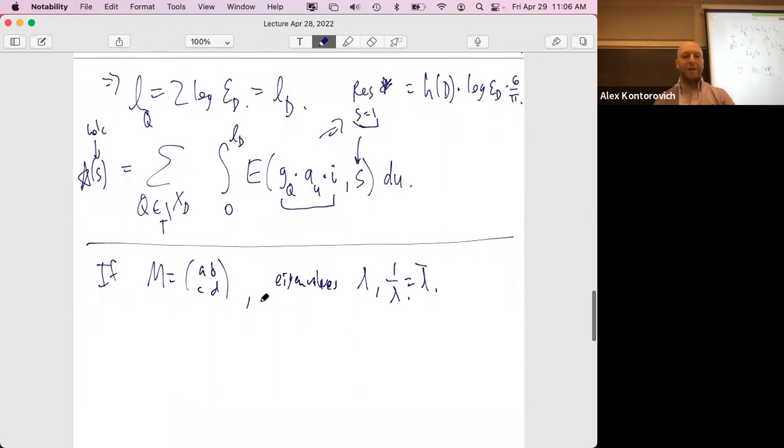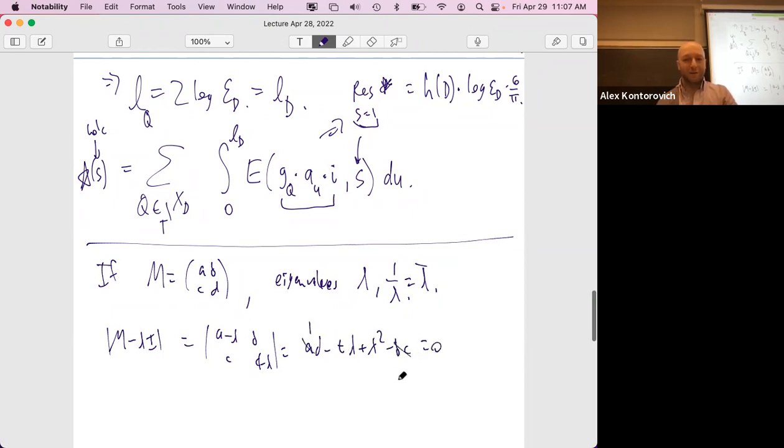We can work out what lambda is. I mean, it's not hard to see. Okay, fine, just do it. A minus lambda, B, C, D minus lambda. The determinant is AD minus trace times lambda, exactly, minus BC equals 0. And exactly as you said, that's 1. So lambda, in fact,